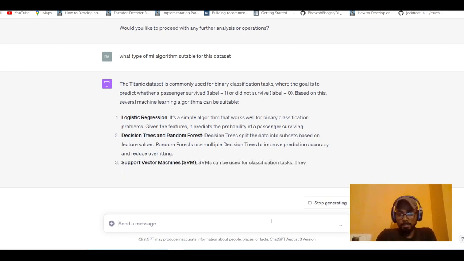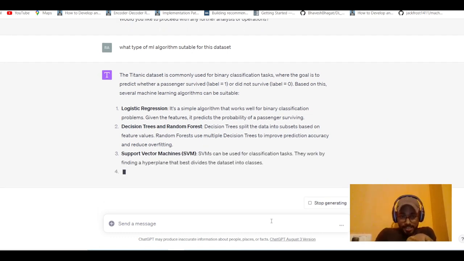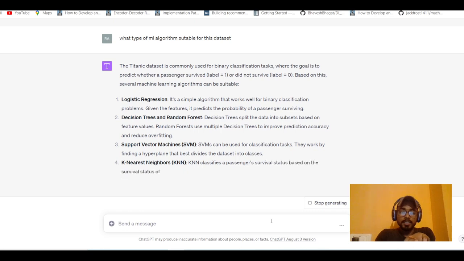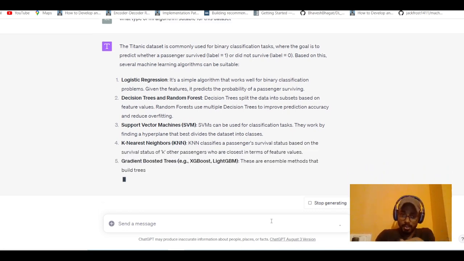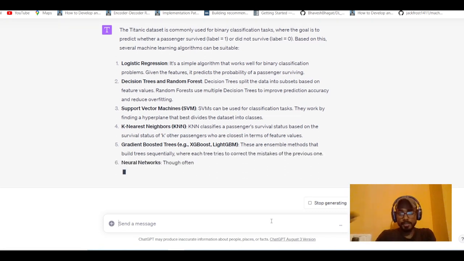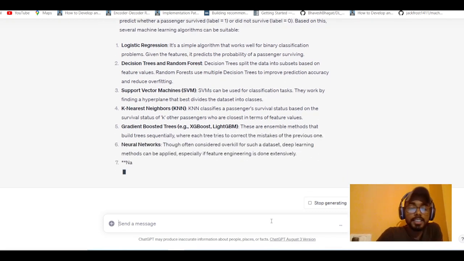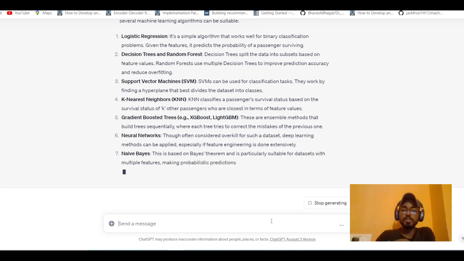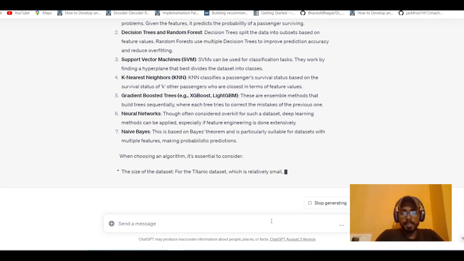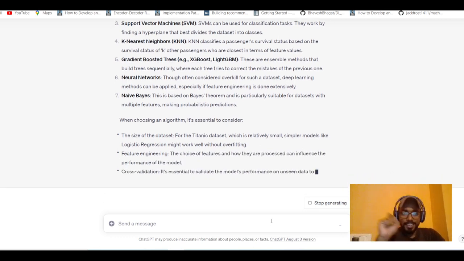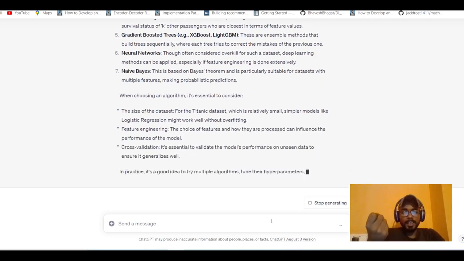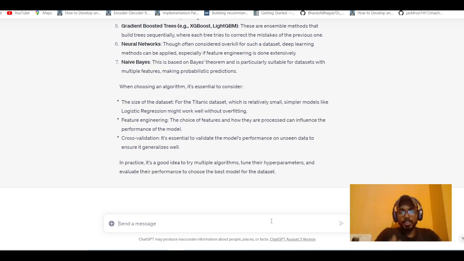And you can do logistic regression, of course we can do it because it's a binary classification. We can do binary classification with the help of logistic regression. We can do the decision tree, the support vector machine, KNN nearest neighbor, gradient boosting, XGBoost, LightGBM, right? Of course, anyway, I'm sorry, but we can also do a neural network and the naive Bayes algorithm. So there are a lot of things we can do, but I think I should stop right now